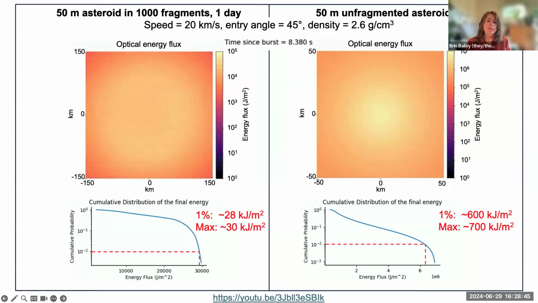And again, in the fragmented scenario, we see an average energy flux of about 10 kilojoules per square meter, with 1% of ground locations experiencing energy deposition at or above about 30 kilojoules per square meter. And in the unfragmented case, we see an average of about 100 kilojoules per square meter and a 1% value of about 600. And again, we see that fragmentation seems to really work to decrease the ground effects to manageable